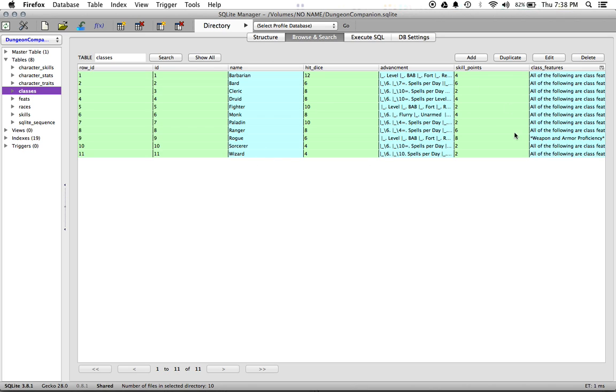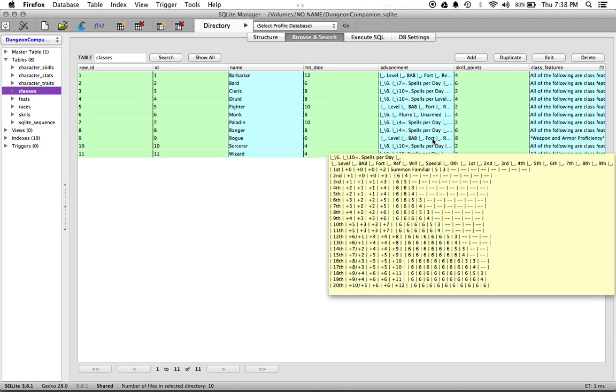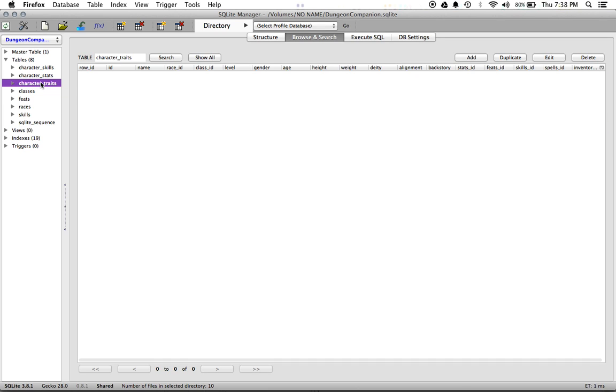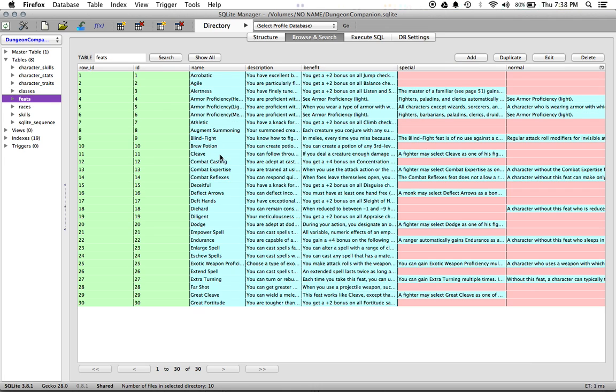So because of this being done, not only have I set it up in a position where, since it's SQL, people can actually add their own races and classes into the application as they feel fit, but I also have it where the lore section is ready to be able to read out of this and put up the things that the users would like. You also have 30 feats that I went through and grabbed,